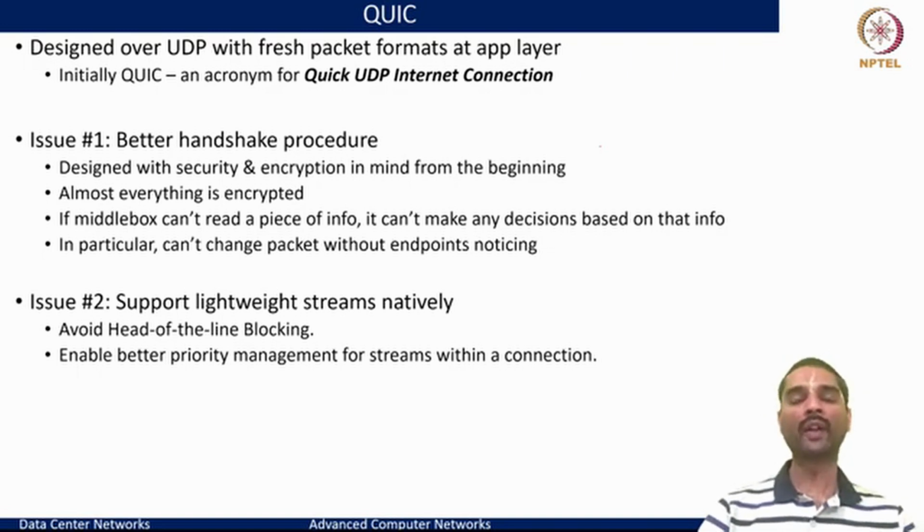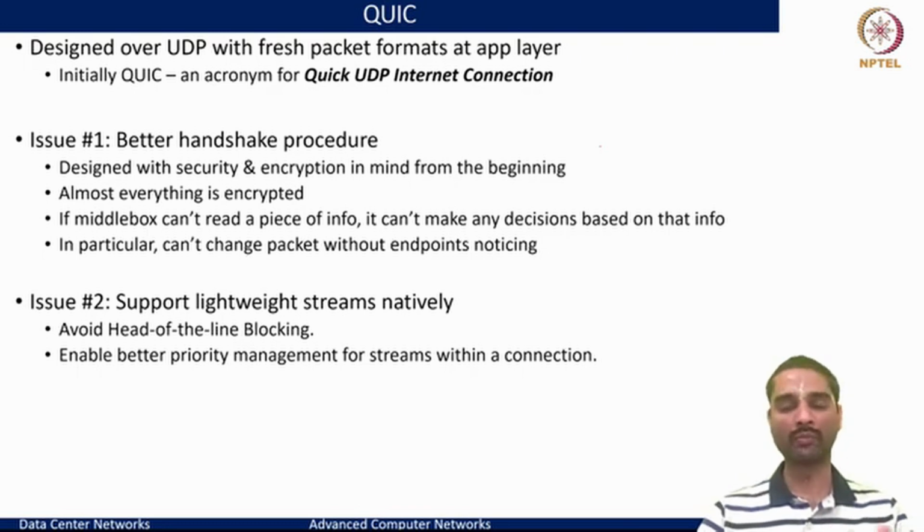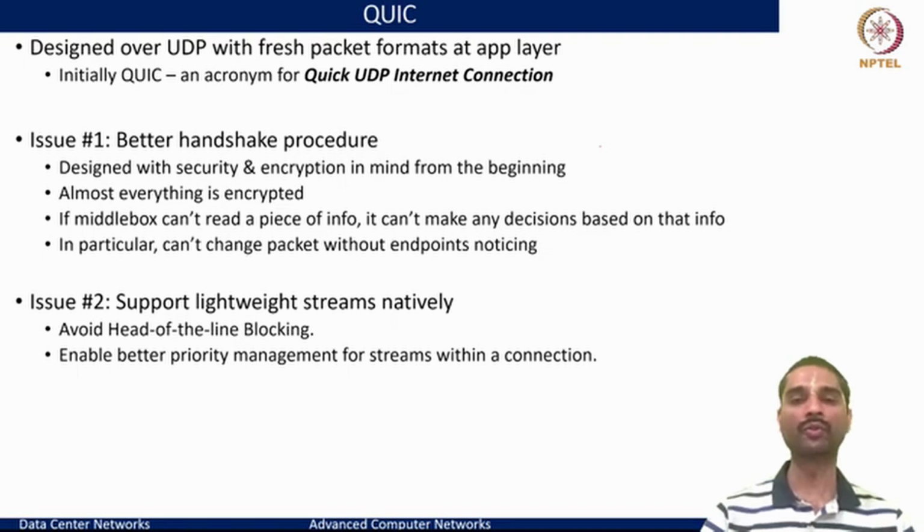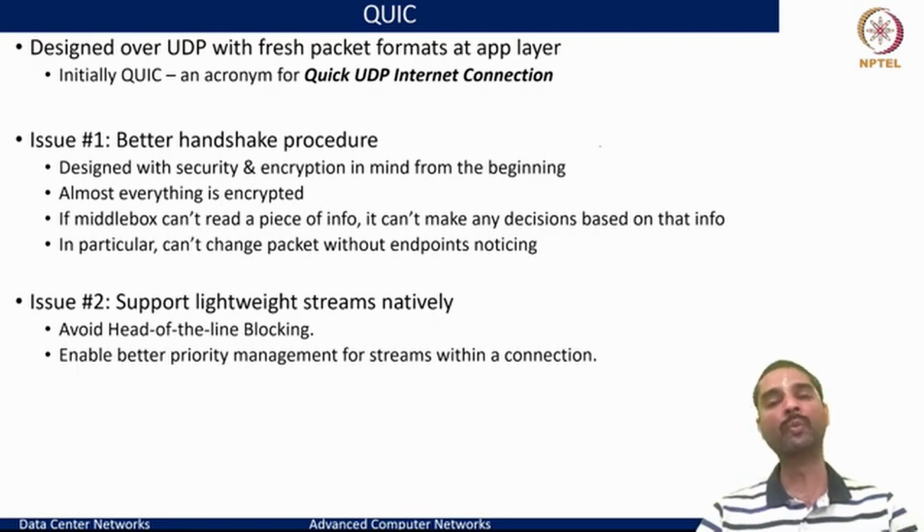And what it really tried to address were the two critical issues that we said, and there are many more other issues. Because of the other constraints, we limit to just these two issues to understand QUIC in this perspective. So first was to address the handshake problem. If handshakes meant that there is a round-trip time overhead, we want to cut down on them. And this was supposed to be defined as a part of a newer protocol. And we know that UDP has no such overhead.